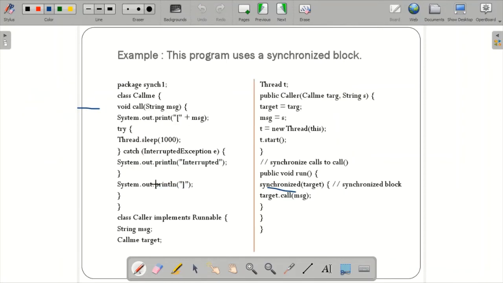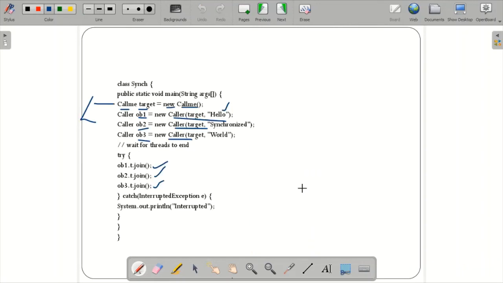Similarly, same program, same concept. If you just put a keyword synchronized here, the output will vary. That is one thing. And one more thing, you can put it either here, or you can also call it like the previous function. Before this target, whatever the target object itself you're calling, you call synchronized on the object itself. That's it. This is an extra line when compared over here.